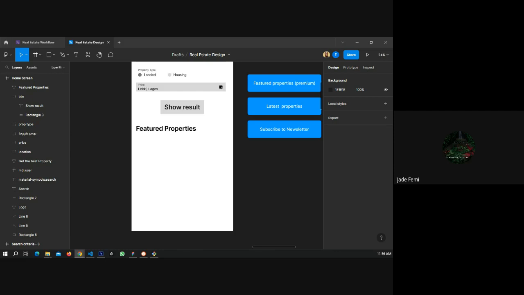Then when they click on the button, you can link them to another page where they will have all the feature properties. You can just display some property in form of gallery. Okay.